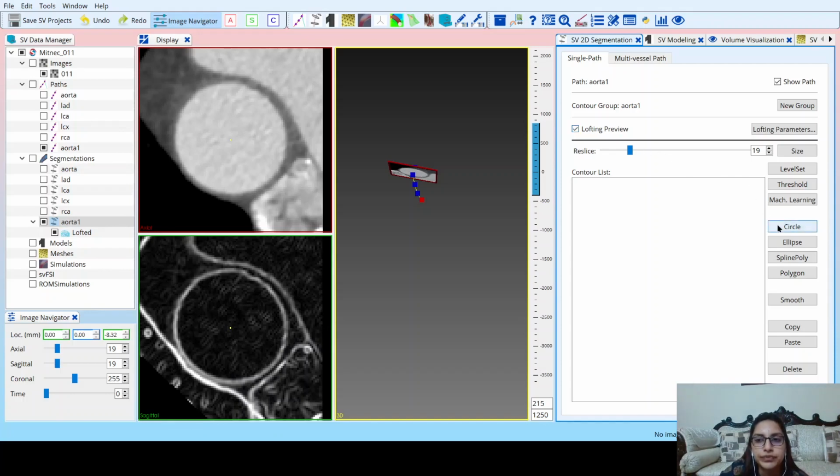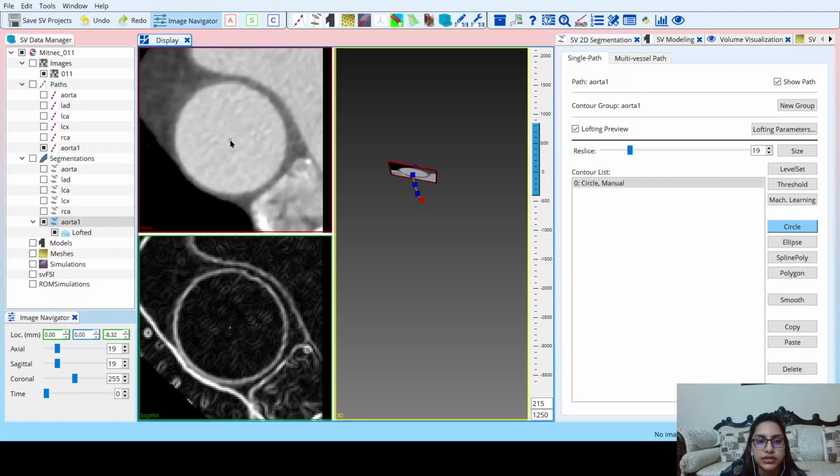So the Aorta is a pretty simple vessel to track and to segment because it's a circle, so I can use circle for the segmentation. You click on the circle, you click at the center of the circle in the image